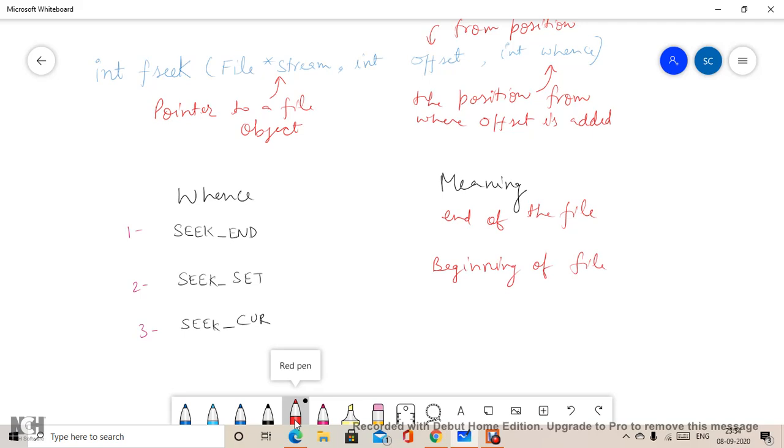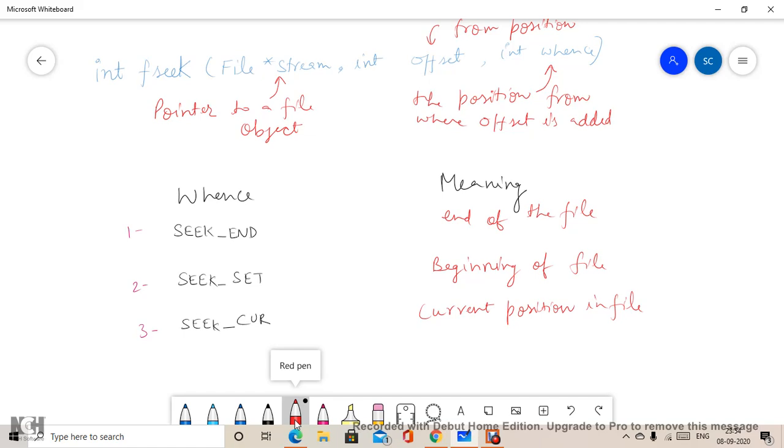And the last, SEEK_CUR, indicates the start of the offset from the current location or position of the cursor in the file. So these are the three varieties of whence which can be used with the function itself.